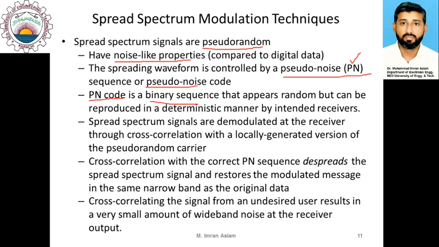All other users, 9 users out of those 10, so one would be intended, which will be recovered, and for the other 9 users, the cross correlation calculated with them would be very low, so those signals will appear like noise to the received signal. So this cross correlation